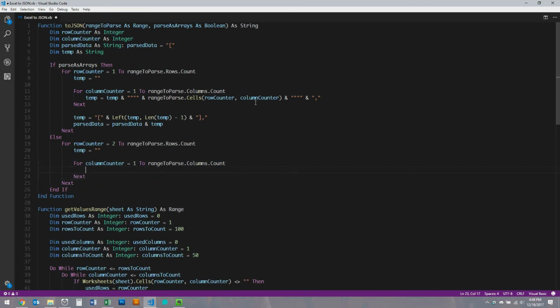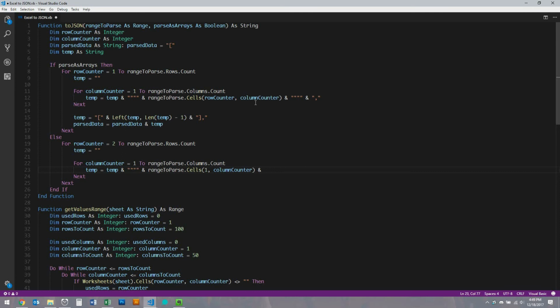And inside of this nested loop, we're going to set temp equal to itself and a quotation mark and range to parse dot cells, and then we're going to reference the first row because that's where our header is, and then the column counter so we can get the proper key for our property that we are placing into this JSON object,